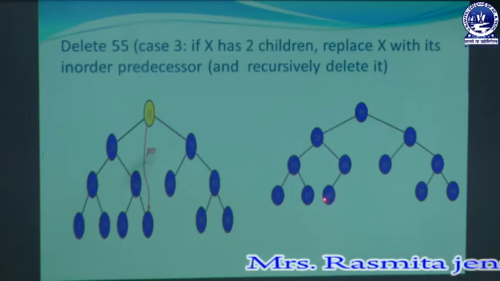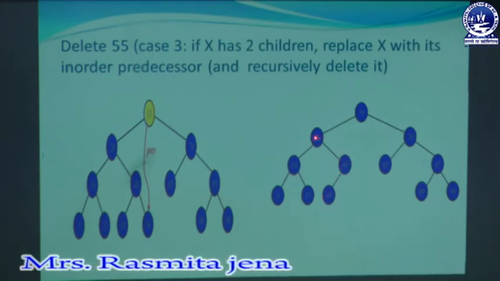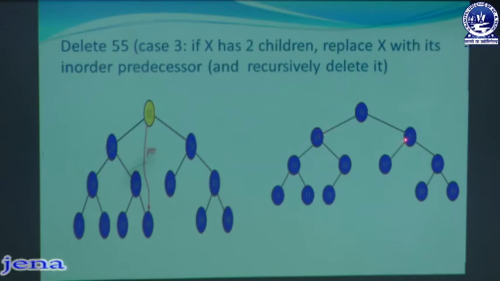So this node has balance factor 0, this is +1, and this is 0, and this node has -1, and this has 0, because 1 minus 1 is 0. So these two have balance factor 0. For this node, when we calculate, just calculate the height of the left subtree: 1, 2, 3, and the right subtree is 1, 2, 3. So 3 minus 3 is 0. As the balance factor of each and every node present in the AVL tree is -1, 0 or +1, in this case we can say the tree is balanced and we need not rebalance the tree.